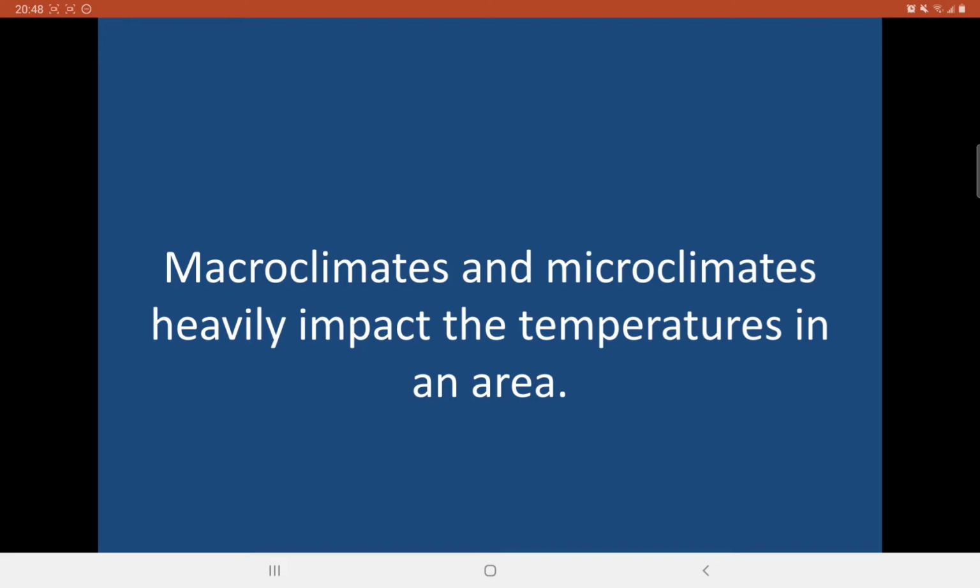Okay? So microclimates, on the other hand, refer to conditions that vary in smaller scales. These conditions also greatly vary based on location and time, meaning that microclimates can change very, very rapidly. So I'll give you an example. Let's say that you have a specific area of forest. The type of conditions in that specific area of the forest can be an example of a microclimate. You can go even smaller than that. Let's say you have a cave in that forest, for instance. Okay? That cave will have different conditions inside and different conditions outside. So that cave can also be considered its own microclimate.